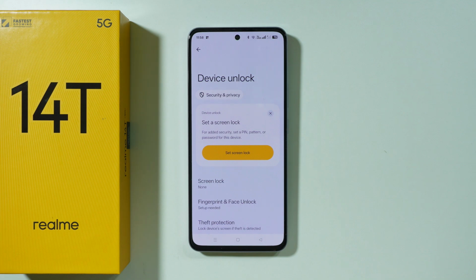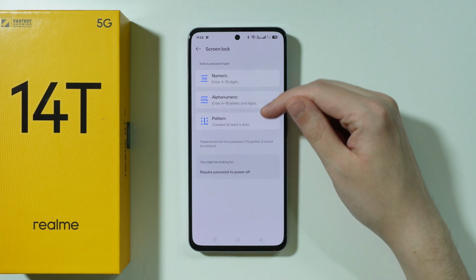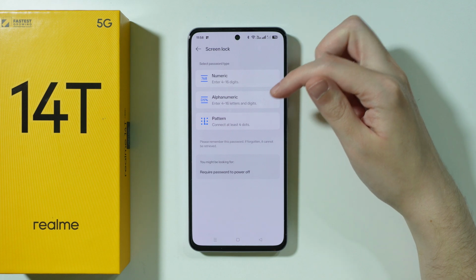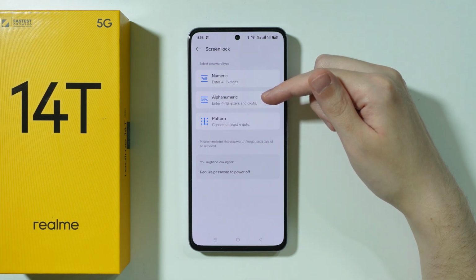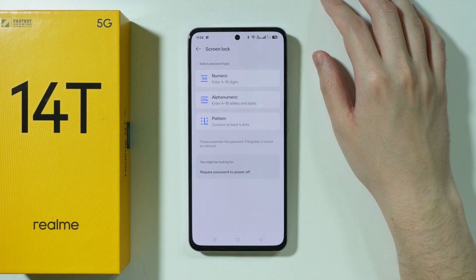Let me show you all screen lock types available on a Realme 14T. So if you decide to set up a screen lock password, you have three main options. The pattern, where we need to connect at least 4 dots, alphanumeric, where we need to create a password that contains letters and numbers, and there is also numeric, which is pretty much a pin code where we can only